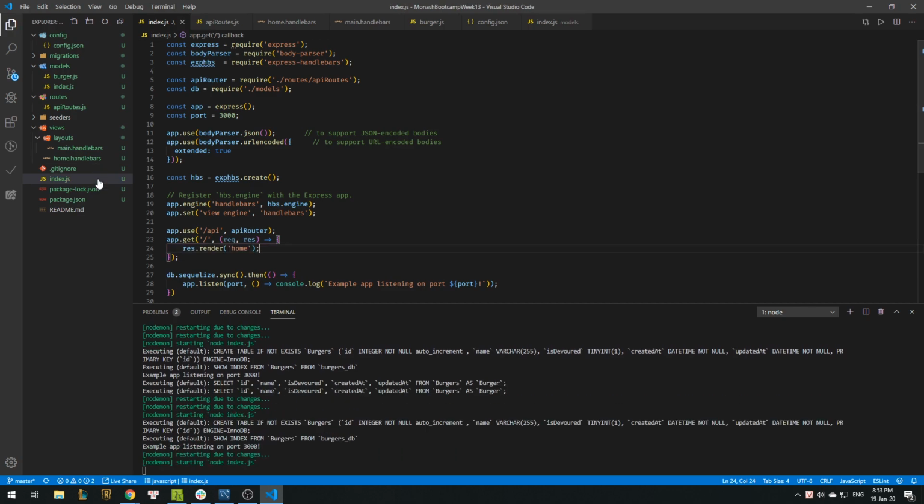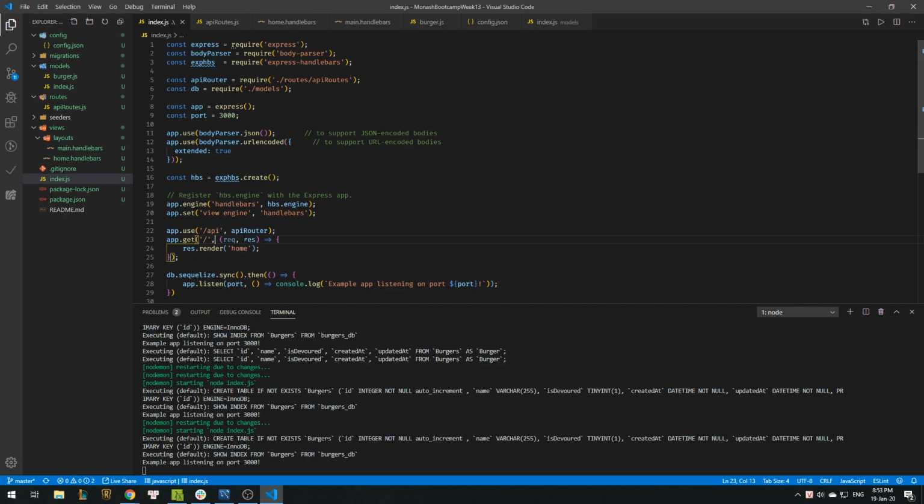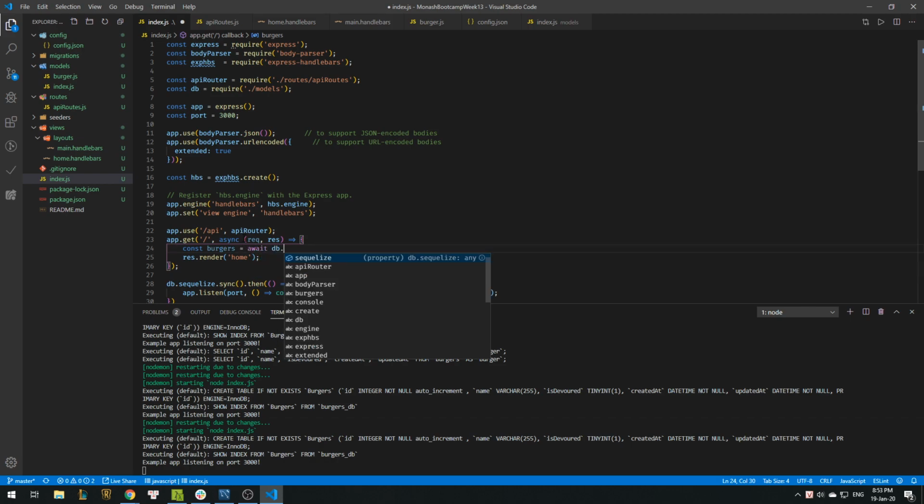What we need to do in this one, before we do this, is get all the burgers, right? So const burger, and again, same way. So await db.burger.findAll,